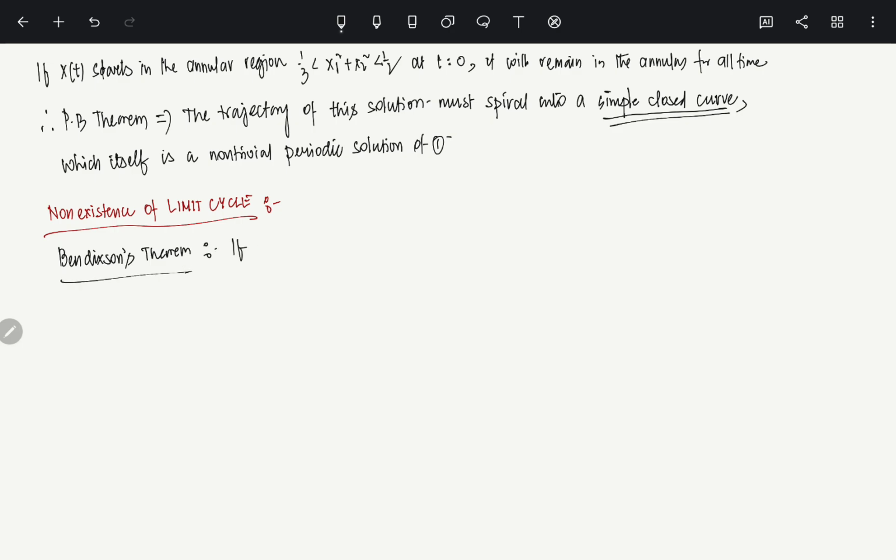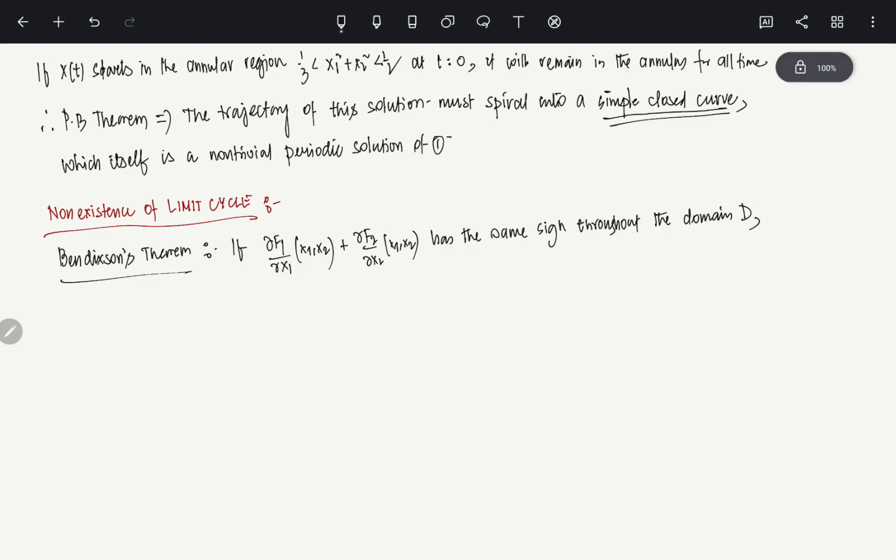It says that if del f1 by del x1 of (x1, x2) plus del f2 by del x2 of (x1, x2) has the same sign throughout the domain D, then